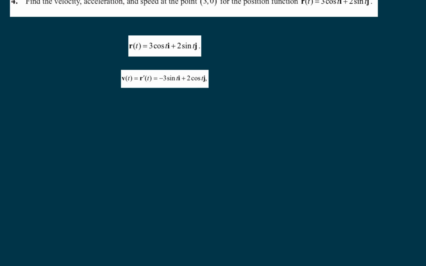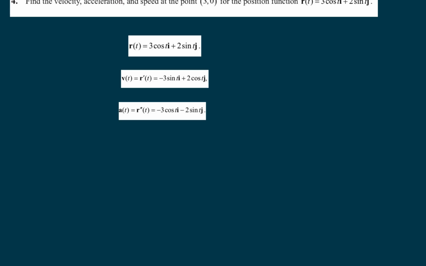What does the acceleration mean? It means the change in the vector velocity with respect to time, the derivative of the vector velocity with respect to time. If we take the derivative of v with respect to time, you will find minus 3 cosine of t i, because the derivative of sine of t is cosine of t. And the derivative of 2 cosine of t will be minus 2 sine of t j. So we have the vector velocity, we have the acceleration, and the problem is asking me, when x equals 3